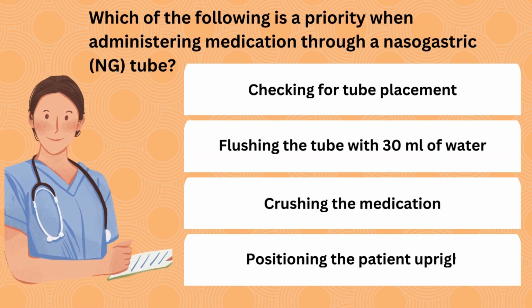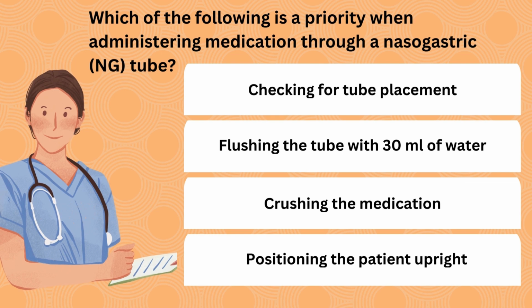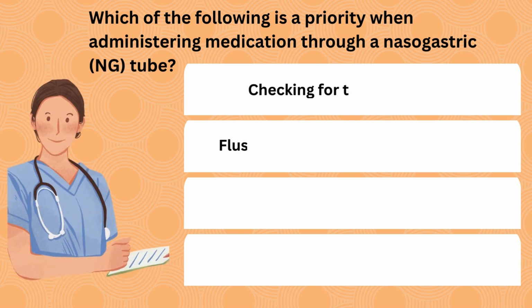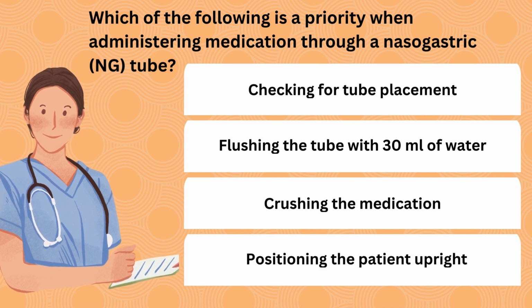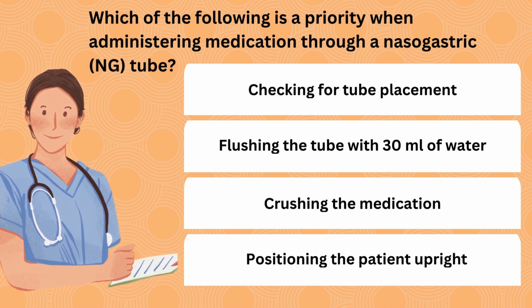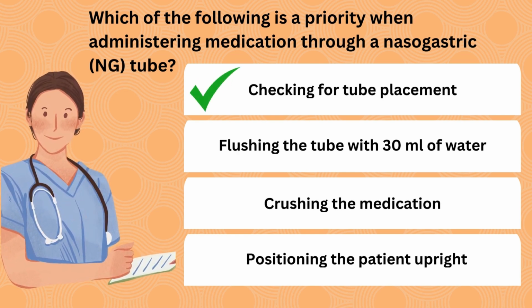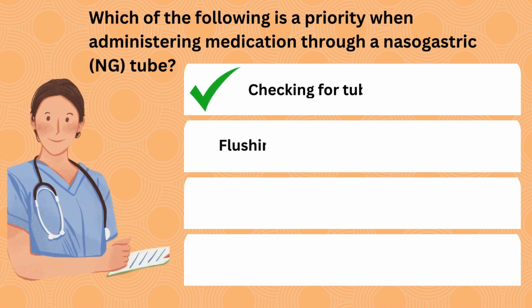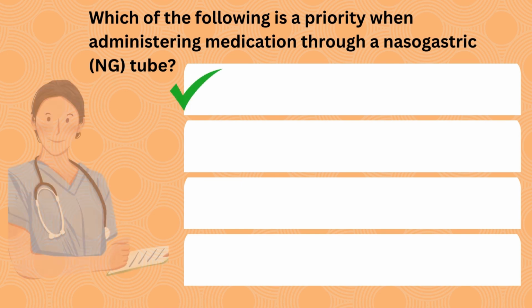Question 3. Which of the following is a priority when administering medication through a nasogastric NG tube? Is it A. Checking for tube placement, B. Flushing the tube with 30 milliliters of water, C. Crushing the medication, D. Positioning the patient upright? The correct answer is A. Checking for tube placement. Ensuring proper placement of the NG tube before administering medication is critical to prevent complications such